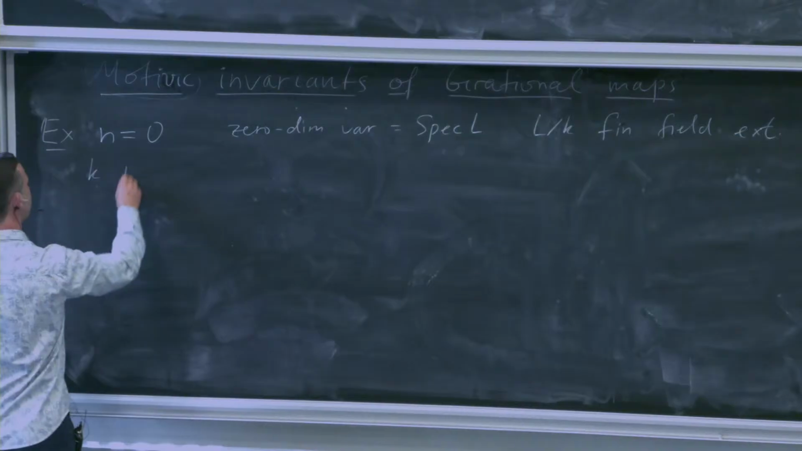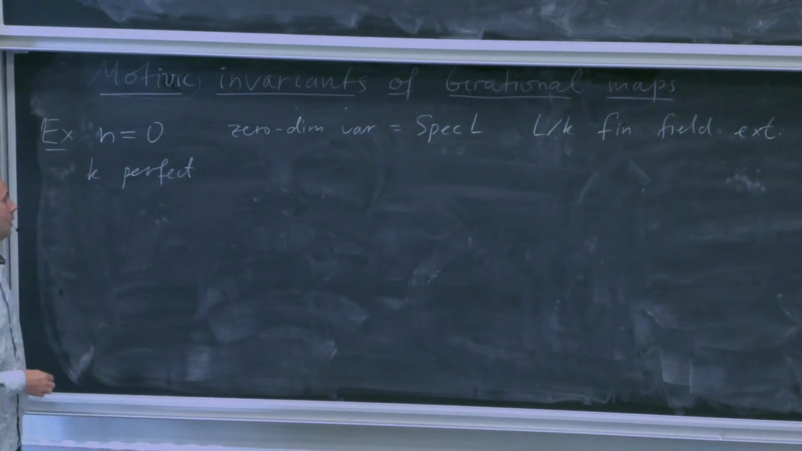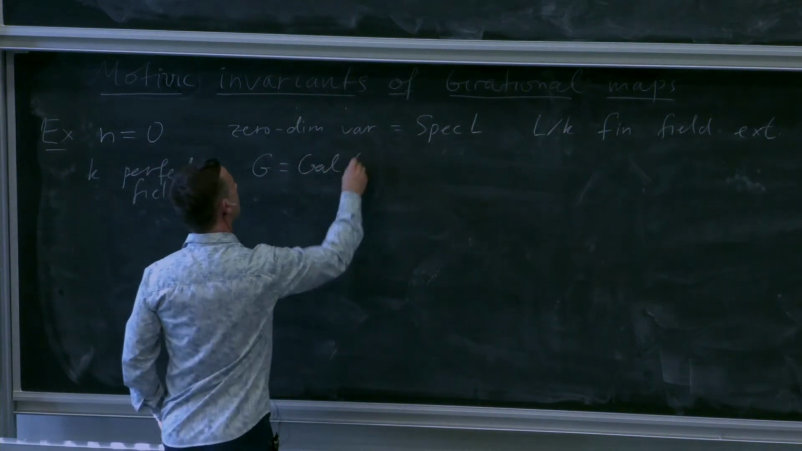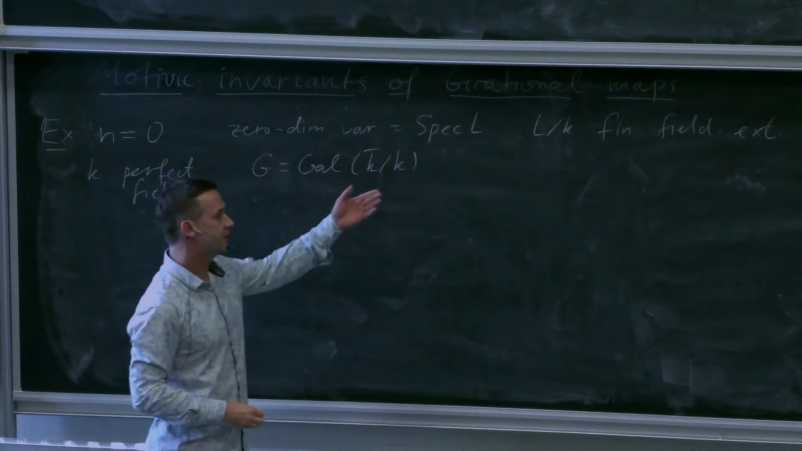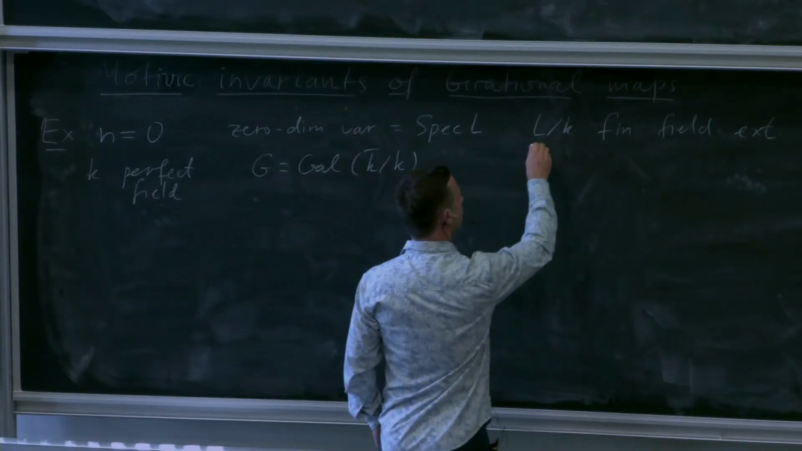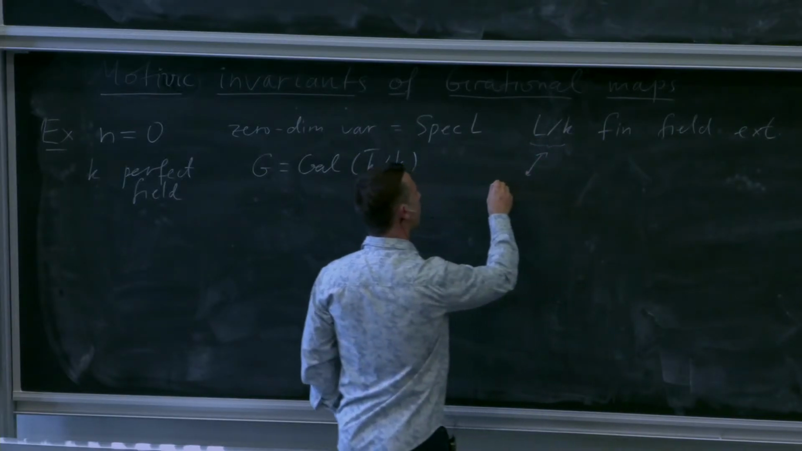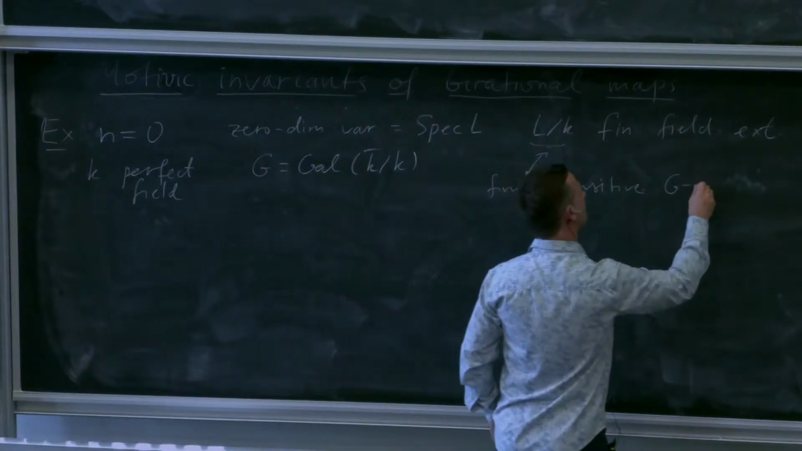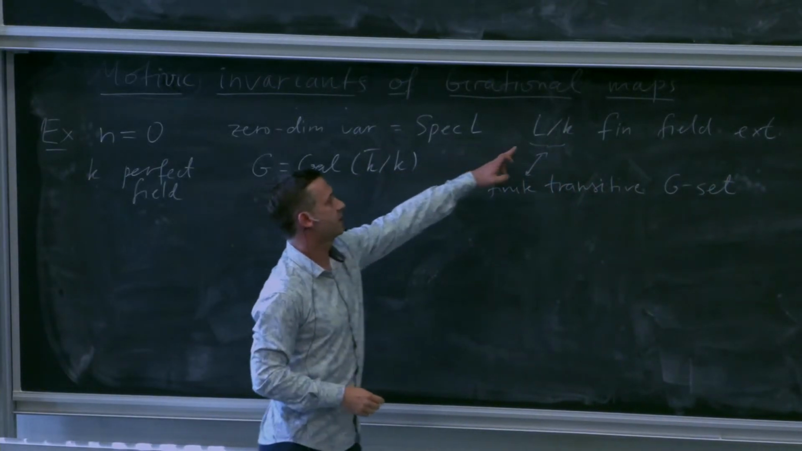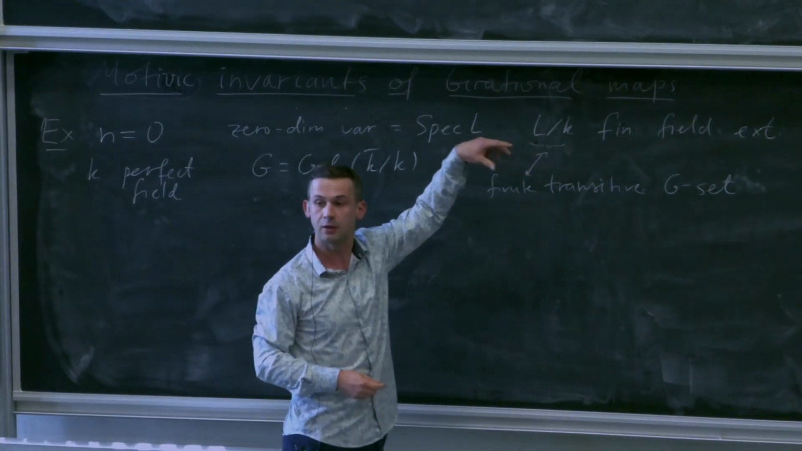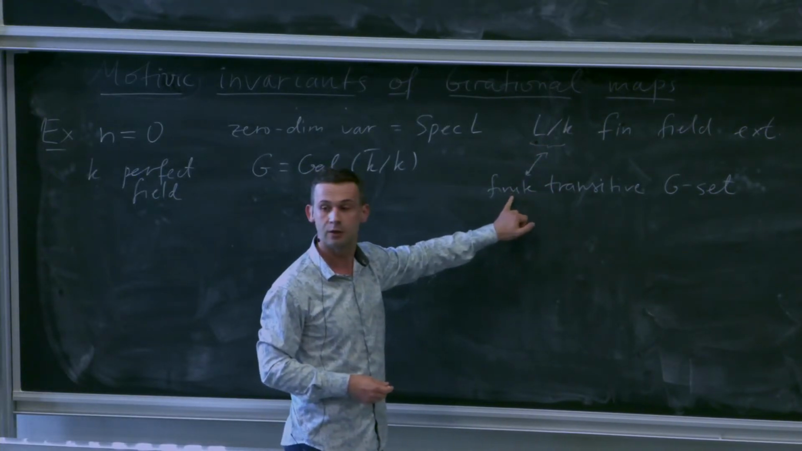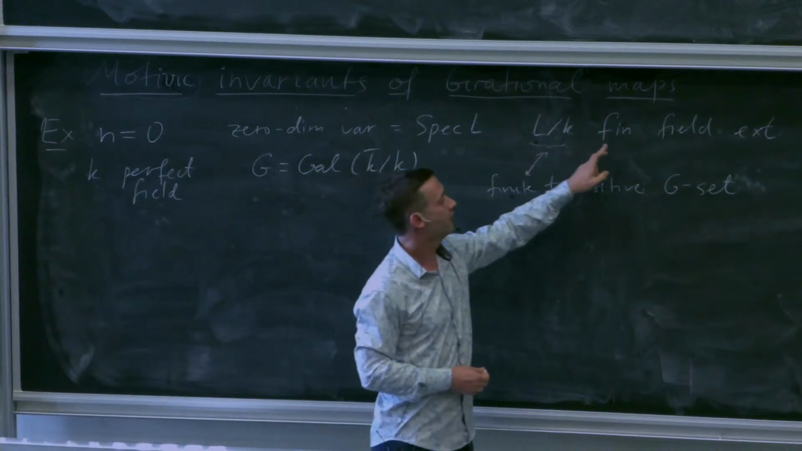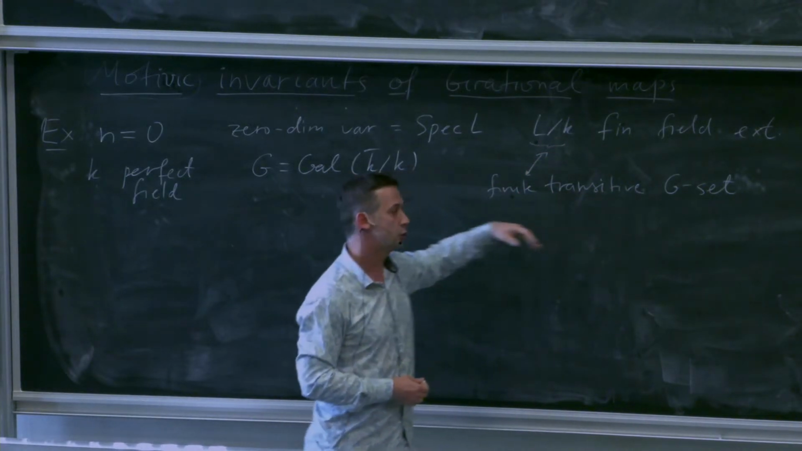So let's assume K is a perfect field for this example. Then to give such a thing is the same thing as to give a finite transitive G-set. If you think of your finite field extension, what happens to it over the algebraic closure? It becomes a Galois orbit of points, and this is my G-set I'm talking about. That's a standard correspondence. Grothendieck's Galois theory gives a correspondence between finite field extensions and finite G-sets. And so what I'm saying is that